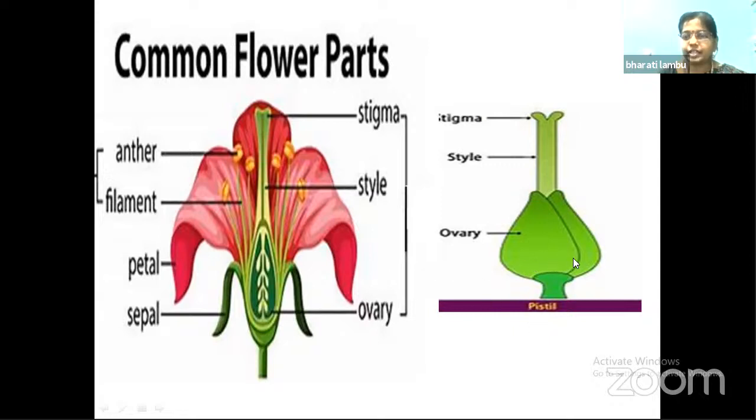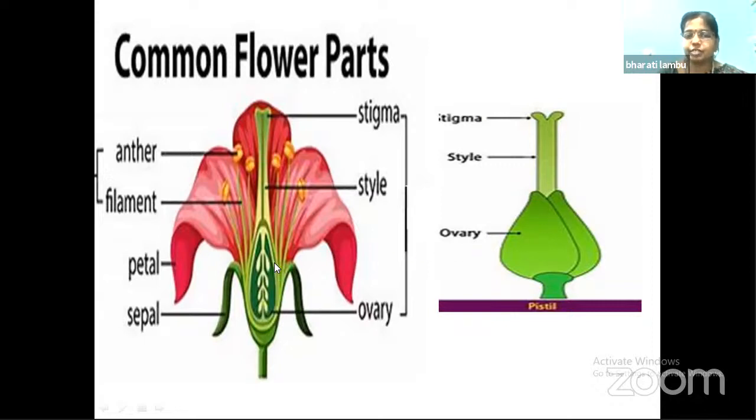It is a very essential part of the flower through which the seeds are formed. If we sow the seeds in the soil, only then will the seedling develop and the plant form. So the gynoecium has to be protected more than other structures.